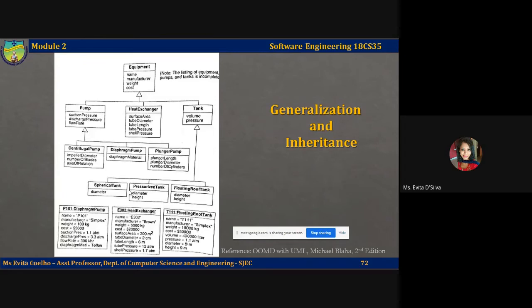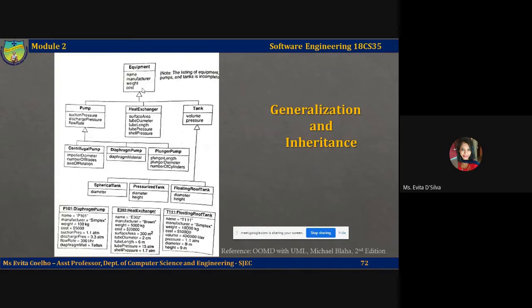The terms ancestor and descendant refer to generalization of classes across these multiple levels. So if I take this level, level 1 and level 0 become ancestors of this level, not just the immediate level, but all levels on top. If I take this level, level 2 and level 3 become the descendants of this level. So not just this level is the descendant of the equipment, but even the lowermost level, all of them can be termed as descendants. Everything that is below a particular level can be called descendants.